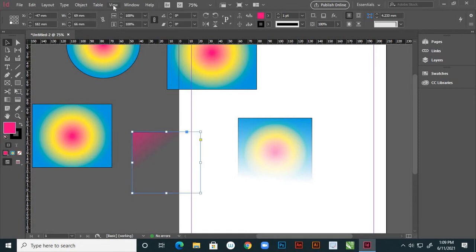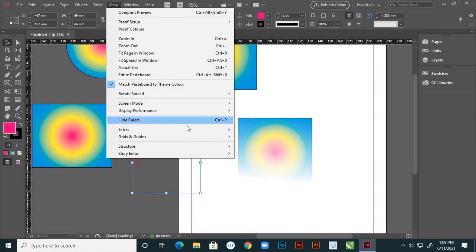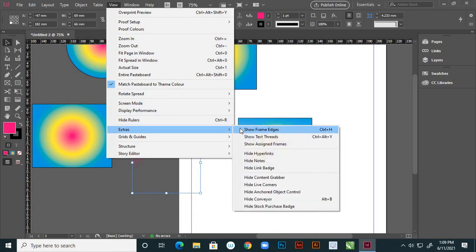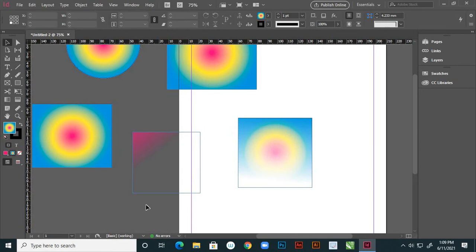So here by clicking this view, in this extras show frame edges, right? So here it is showing frame edges. So before that it was without showing, right? Suppose here see, around this object it is giving a one outline like, right?